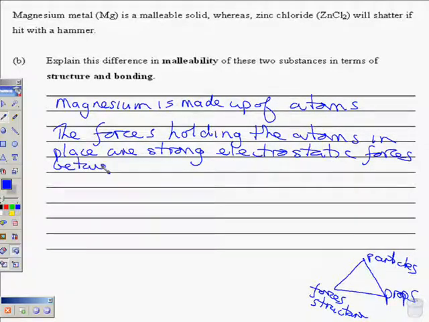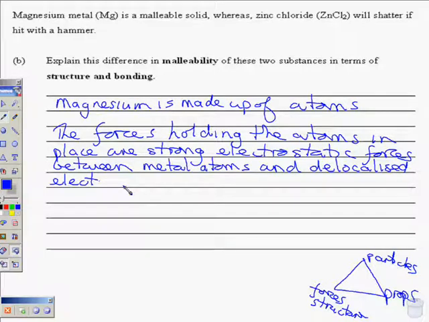between the metal atoms and delocalized electrons. I'm not really too happy with that sentence, but you get the hang of it. Okay. It's a sentence roughly that we used before. Now, I can reduce everything to a little triangle, but I do expect that you've got some knowledge that you can